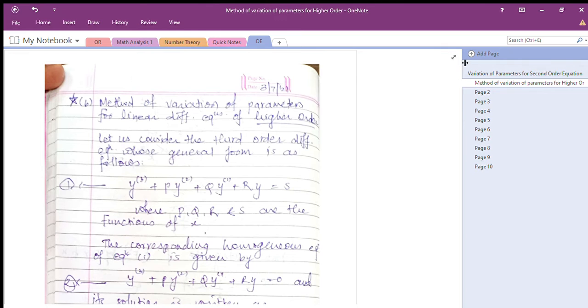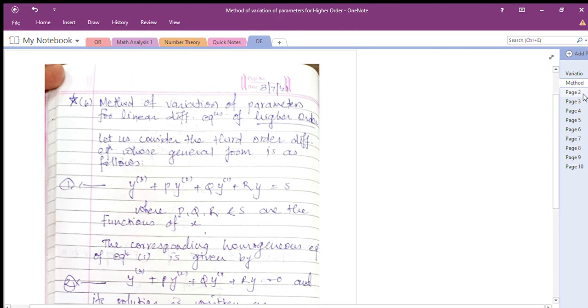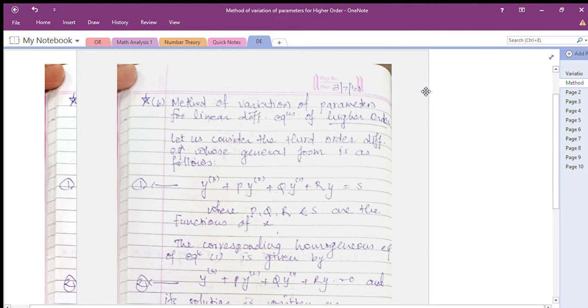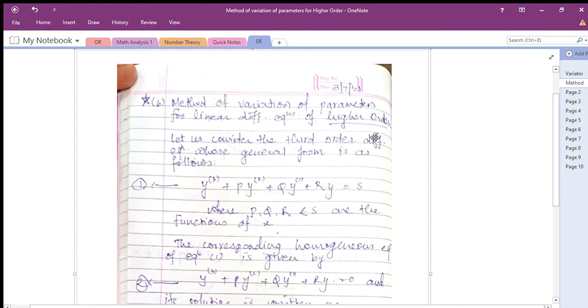Hello friends, today we are going to discuss the method of variation of parameters for linear differential equations of higher order. In my last lecture, I explained the method of variation of parameters for second order linear differential equations. Now let us consider the